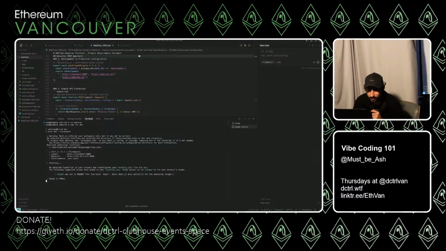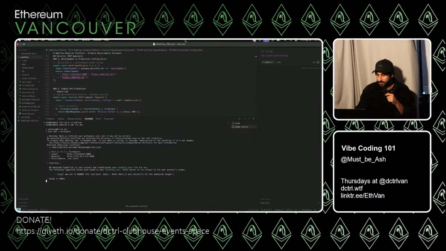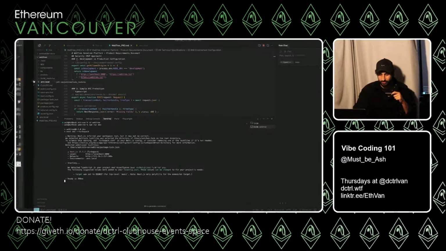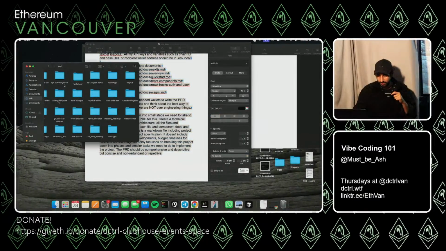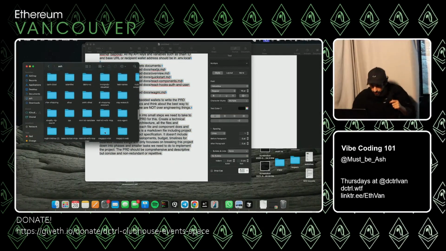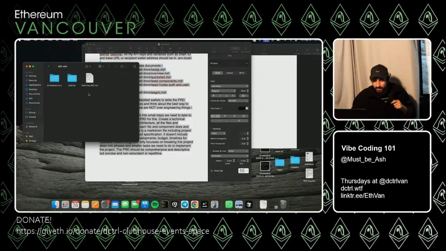This is the code editor we mentioned earlier that is called an IDE. This particular one is called Cursor. It's one of the first things that popularized vibe coding. On the left side are all the files you would see on your computer. For example, the project we're in right now is ifvan, and the project Claude just made is this web tree.